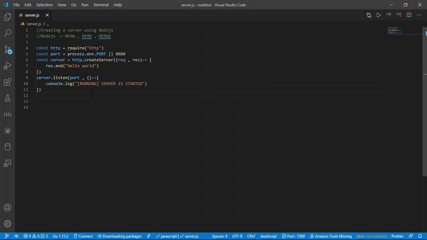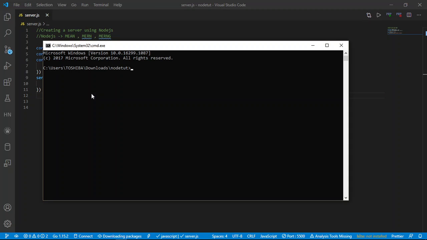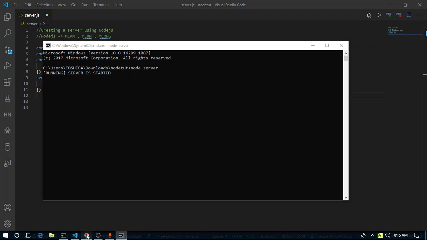So if you just open up the command prompt and run node server, it will start the server at the specified port ያደርገዋል ማለት ነው። As you can see, it says server is started running ይላል ማለት ነው።